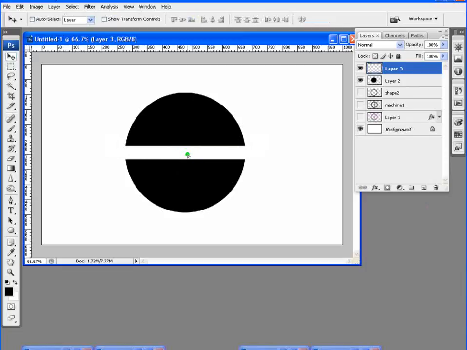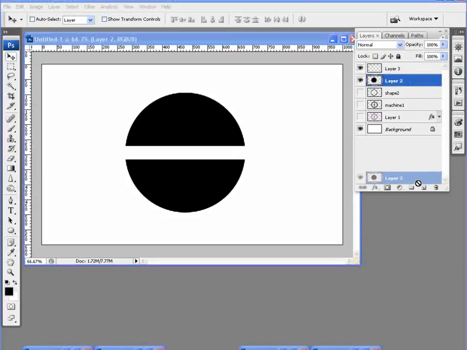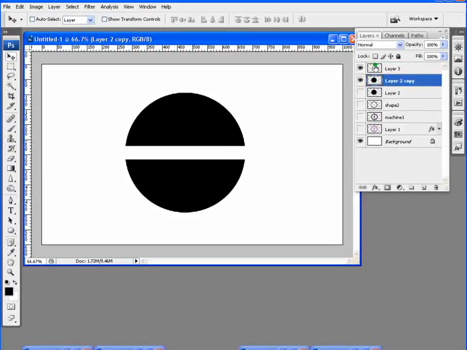Basically we have filled it up, and now what we need to do is duplicate this layer and select the one on the top and then delete. So basically we've got our screw here. Now what we do is let's delete this one and